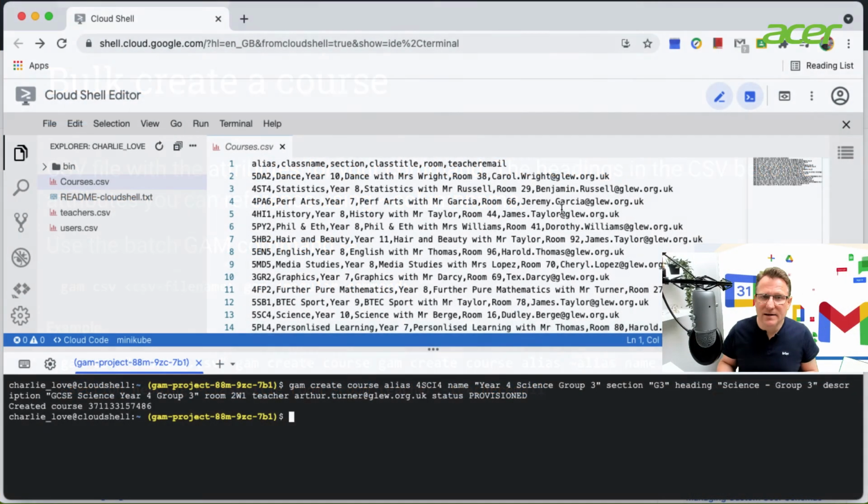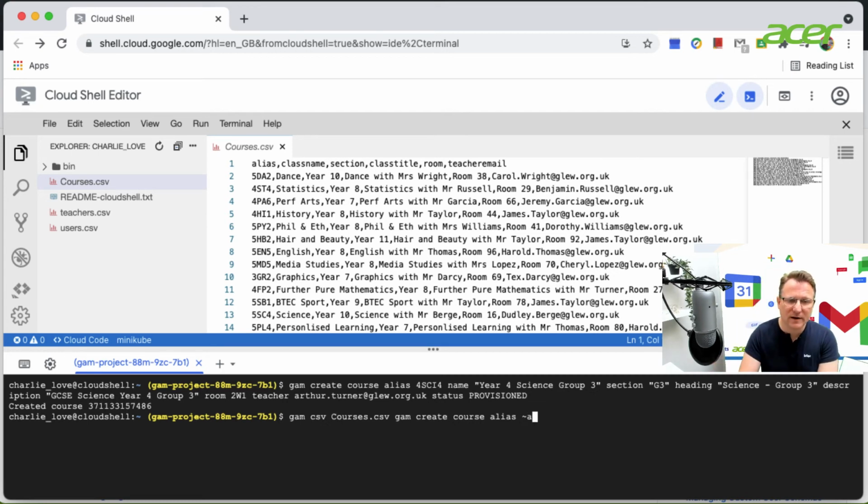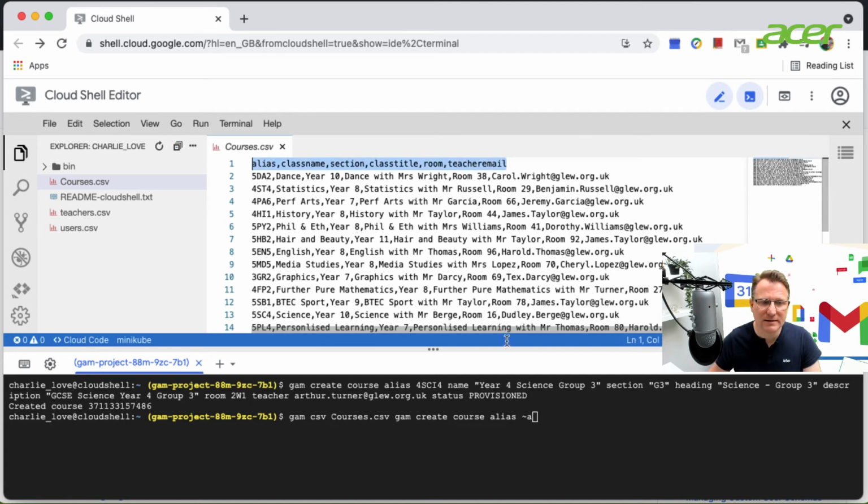So I'm going to enter the command to do the bulk creation of all the courses. So I'm going to start with GAM CSV. The name of my file is courses.csv. And then I'm going to say the regular GAM command that I'm going to use is GAM create course alias, and then I'm going to use the title and the field names from my file. So my field names are alias, class name, section, class title, room, and teacher email, and they're from the headings in my CSV file. So now I'll do alias,